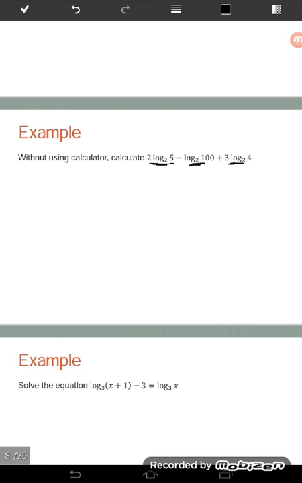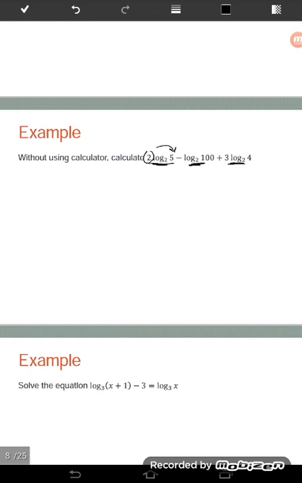But before you combine the log, you need to make sure the coefficient of log in front must be 1, but here is 2 and here is 3, here already 1, so we need to move this one to another part in order to make it 1. So what do you need to do? So you bring this 2 to the power.